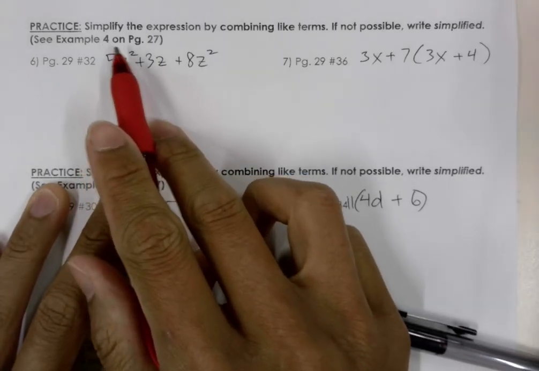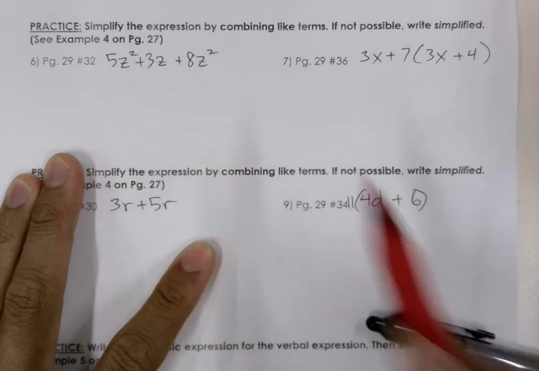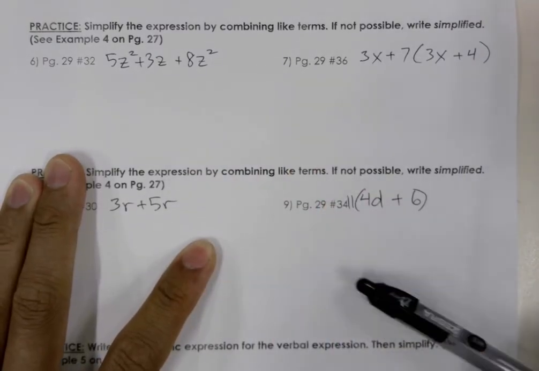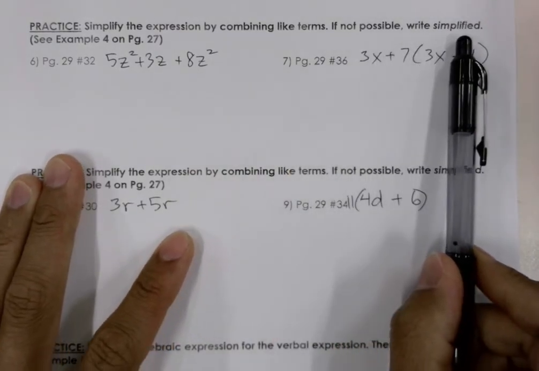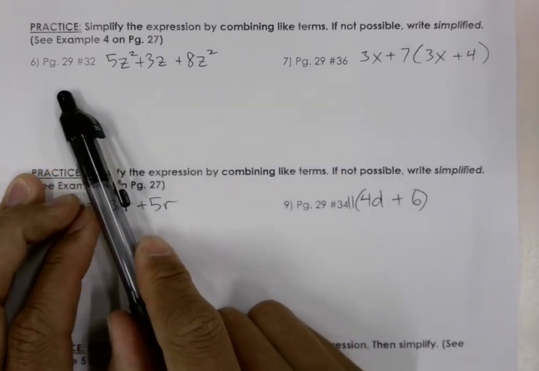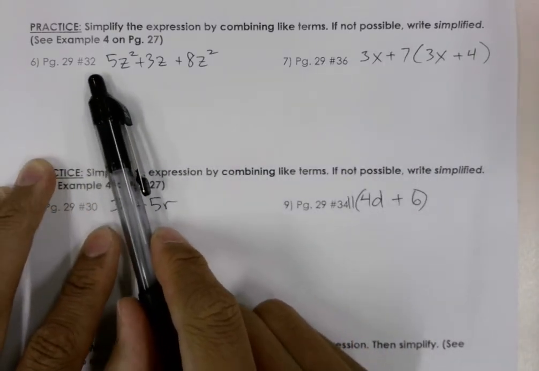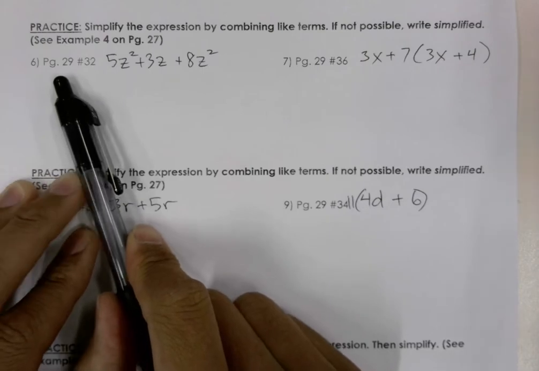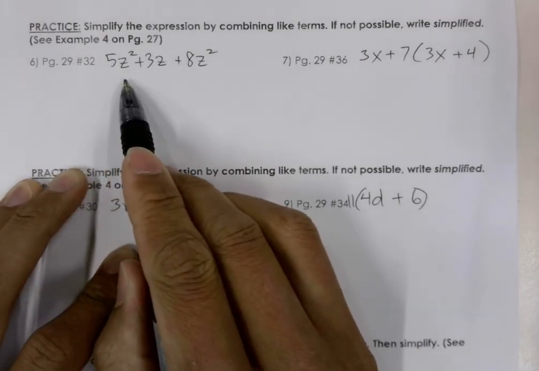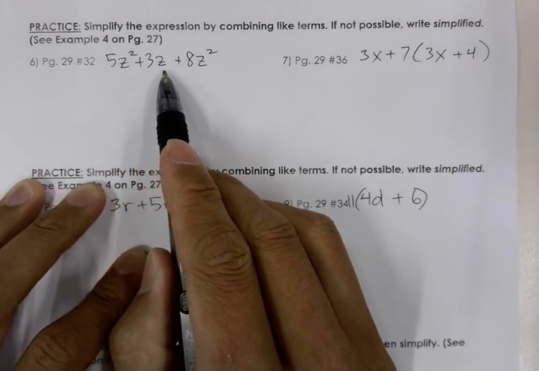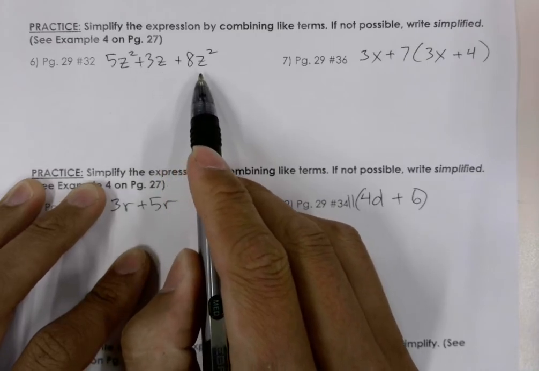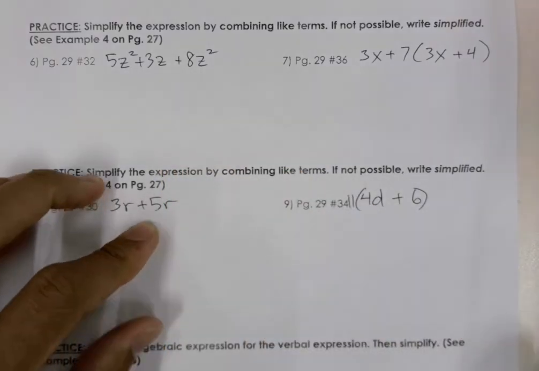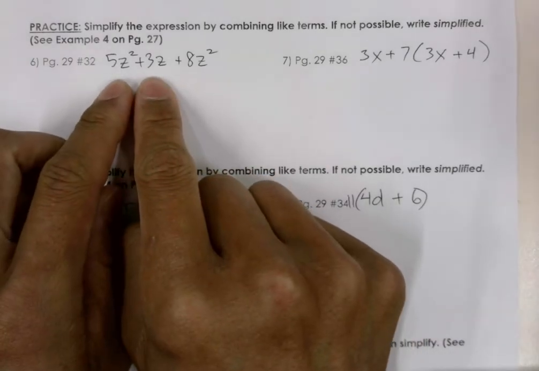We are asked to simplify the expression by combining like terms. If not possible, write simplified. So the first problem we're going to consider is number 32 on page 29. We have 5z squared plus 3z plus 8z squared, and we're considering the terms, and we are checking if they